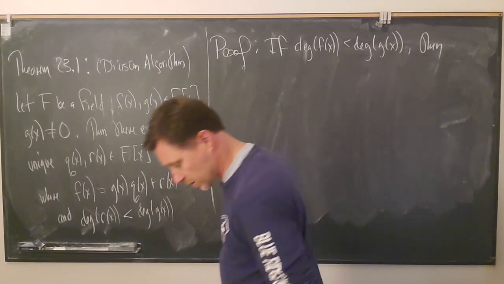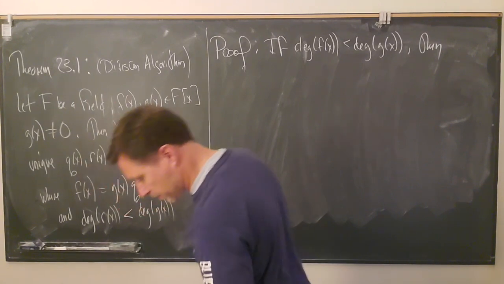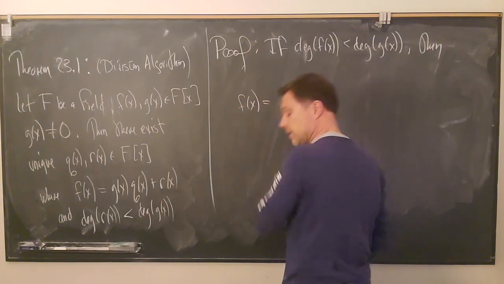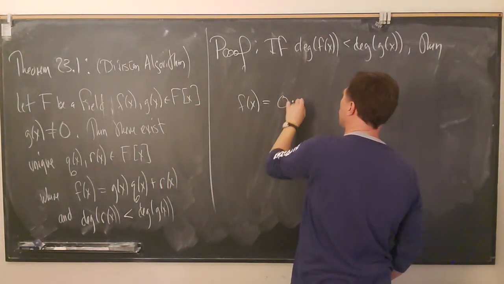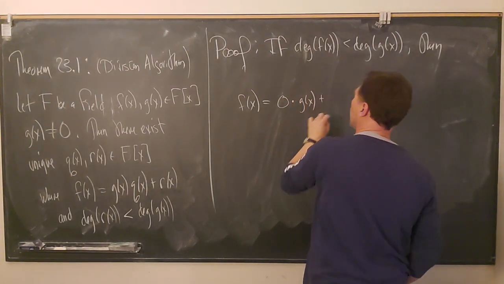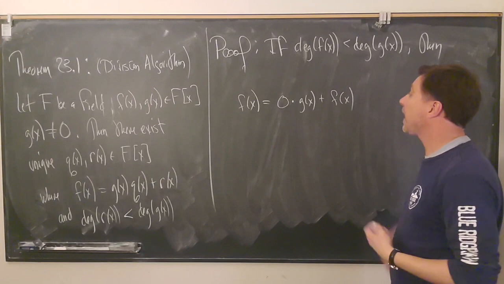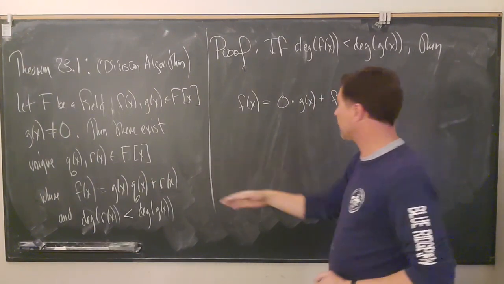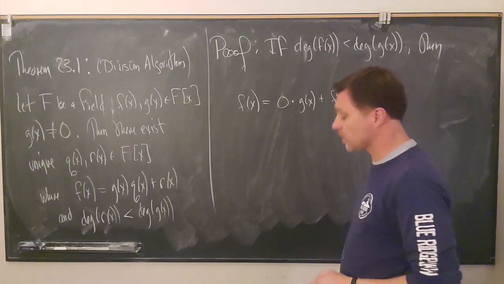Here's how it goes. I just need to write this down. f of x is equal to 0 times g of x plus f of x. Right? And since the degree, this then plays the role of r of x, so the degree is strictly smaller. All right, so there's the easy case. So otherwise,